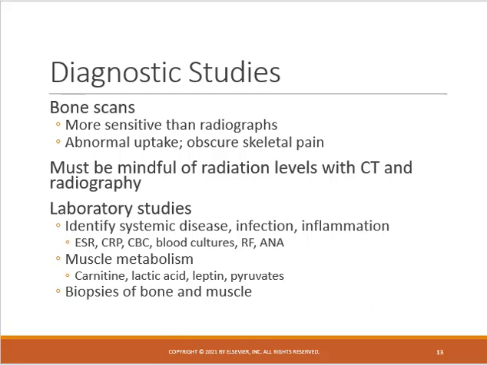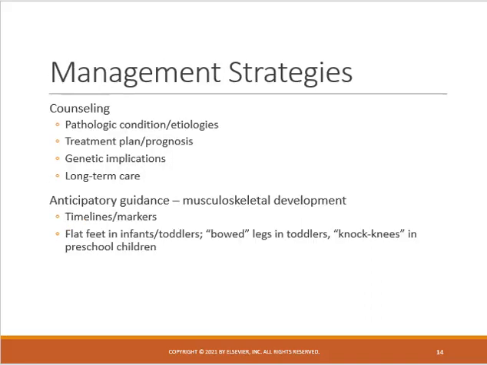Other labs, if you're wanting to assess for any systemic diseases, infection, or inflammation, might include blood culture, CBC, SED rates, rheumatoid panels, ANAs, muscle metabolism such as lactic acids, and may even need biopsies of bone or muscle. So in our management strategies, there's lots of counseling that will be done, but that is based on the